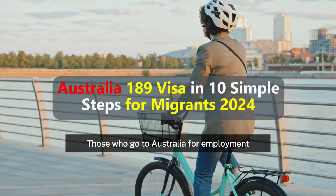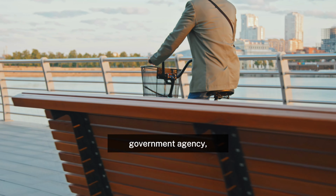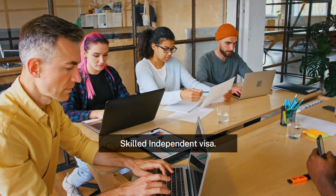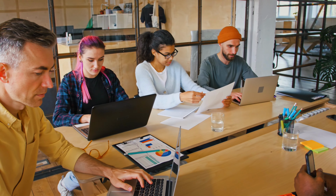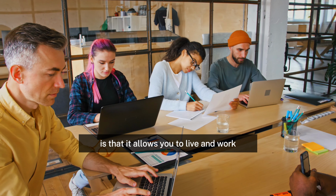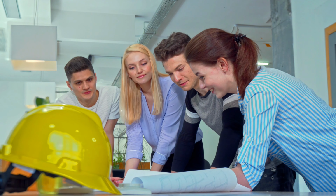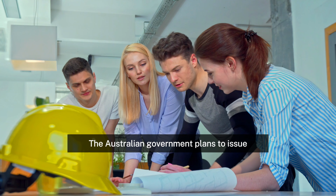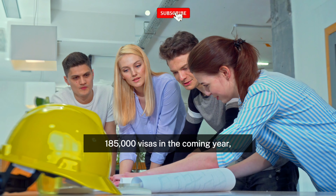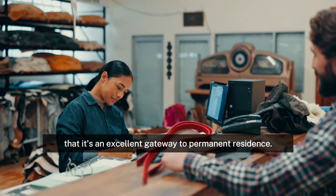Those who go to Australia for employment without the support of an employer, government agency, or other individual may apply for the Australia 189 Skilled Independent Visa. The nicest thing about this visa is that it allows you to live and work anywhere in Australia for an indefinite period of time. The Australian government plans to issue